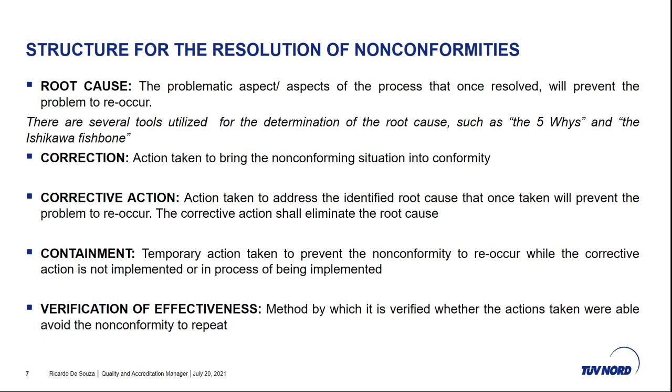So again, correction, you ask the customer to send back the headsets so you can fix them. The corrective action, you're going to create a work instruction that specifies exactly what is the component. The containment, you stop production. You don't ship the products until you fix everything. Then you have the verification of effectiveness. It is the method by which it is verified whether the actions taken were able to avoid the nonconformity repeating. So let's say that